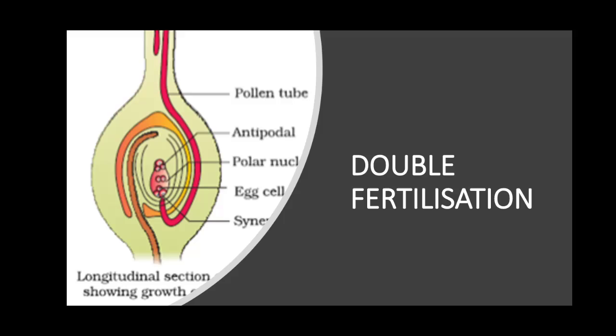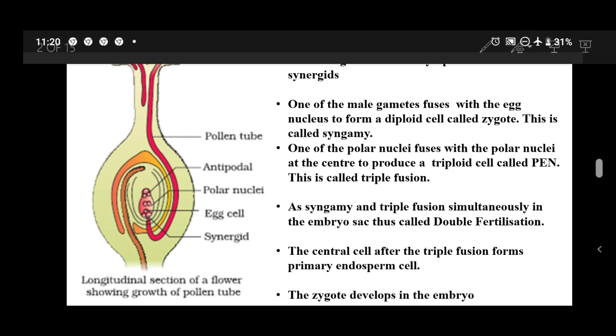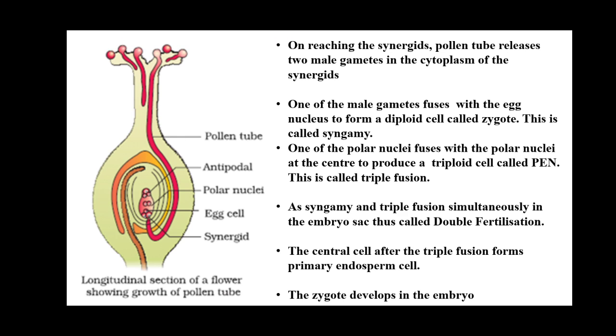Double fertilization is the process of simultaneous fertilization at two places in an angiospermic plant, once in the form of syngamy and another time in the form of triple fusion. In syngamy, there is a fusion of the male gamete with the female gamete, and a zygote is formed, and this zygote turns into the